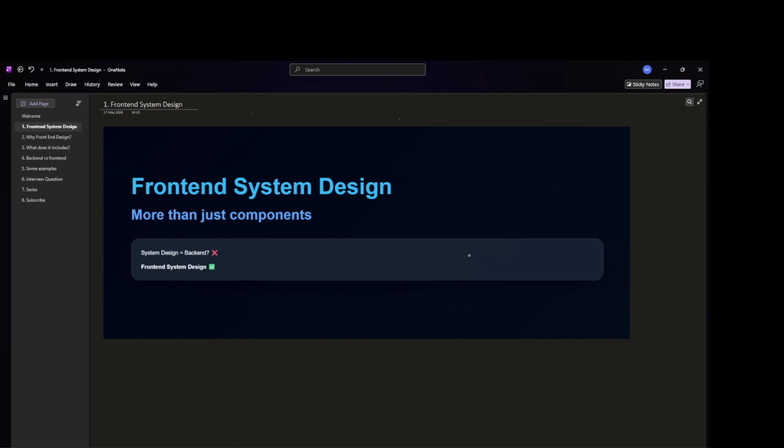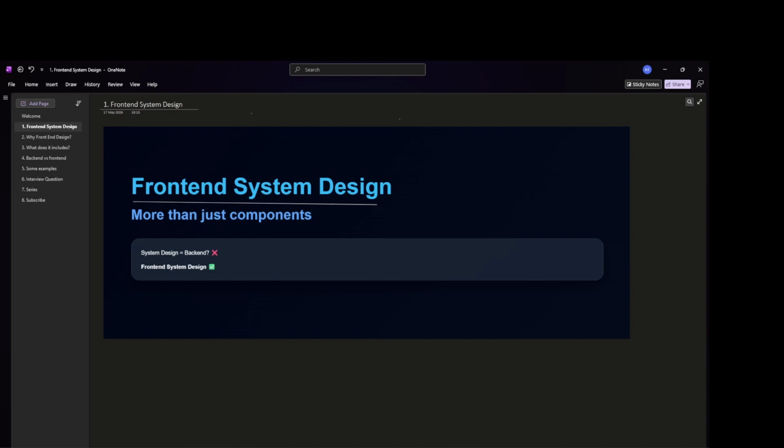Front-end developers also need system design skills because building scalable front-end applications is much more than simply writing components and styling pages. In this video, I will explain what front-end system design actually means, why it matters, and what you should learn to become better at it.